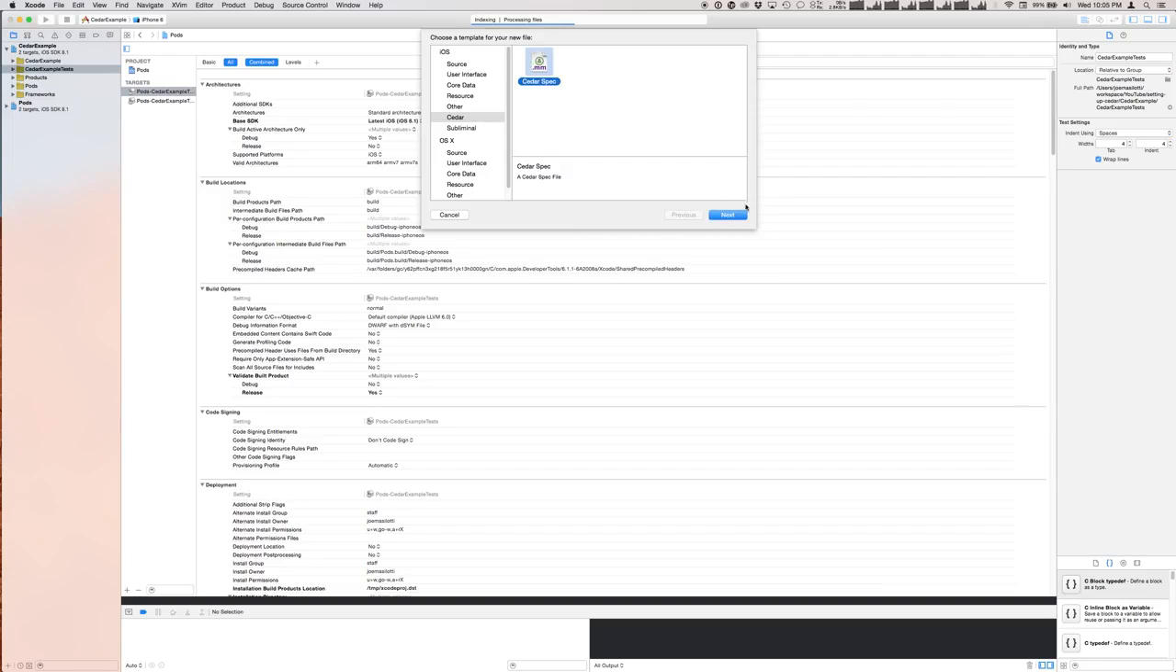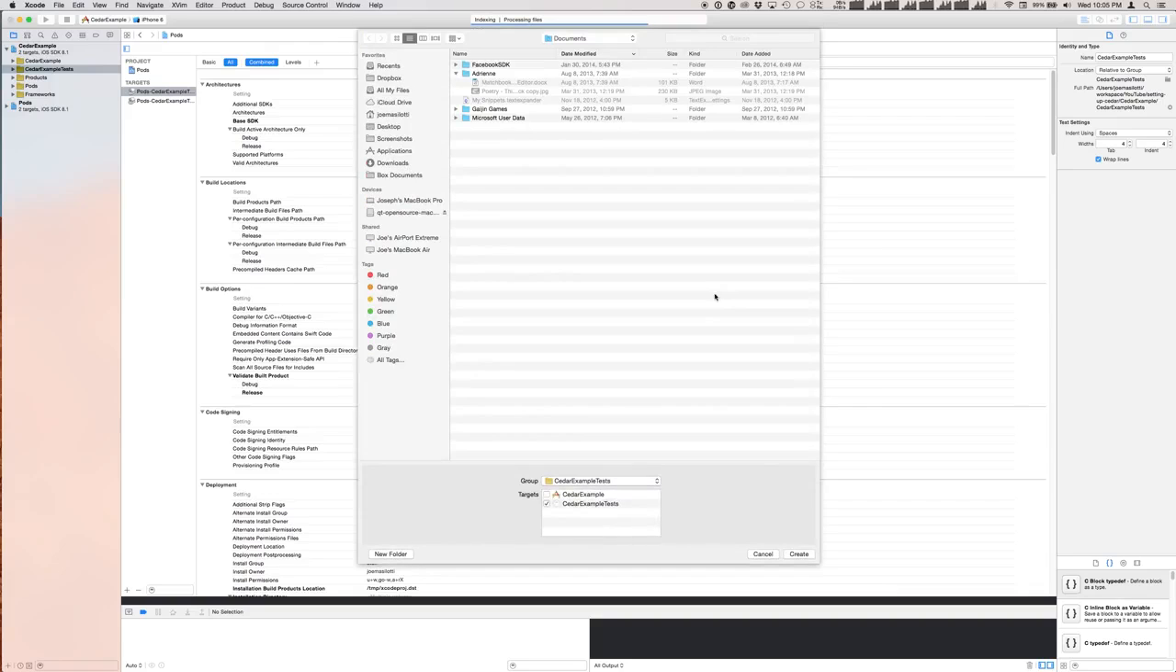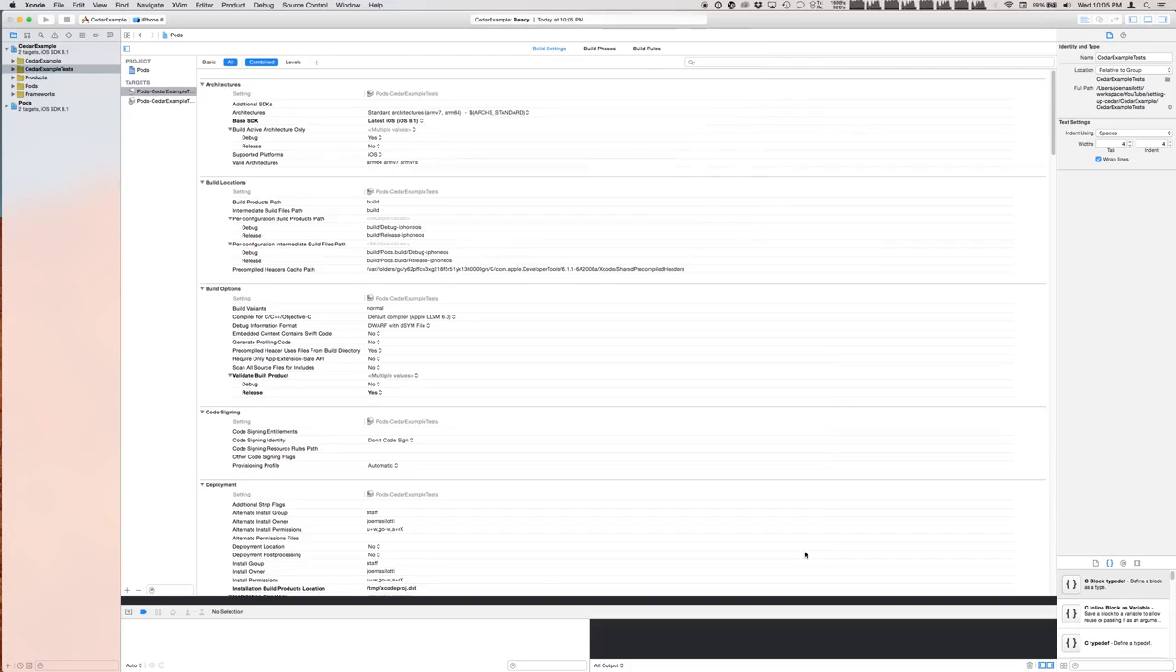A Cedar spec, and we'll just call it app delegate. Nothing really matters here, we just need to get a test to run. We're not in the right directory here. Make sure we're in the right test example, sample tests. So now that we have that,